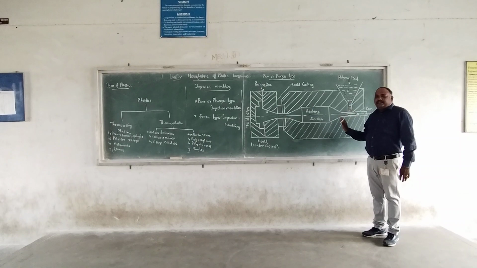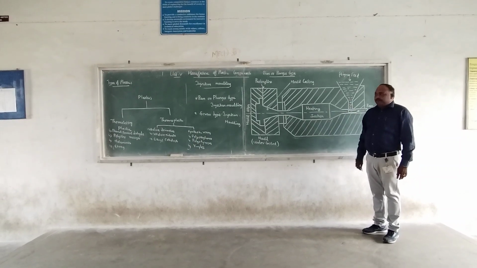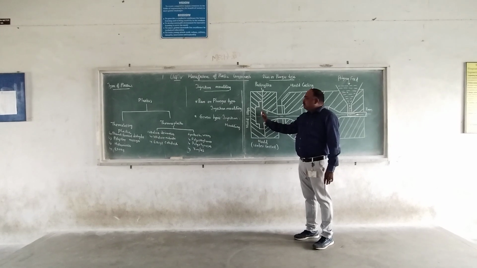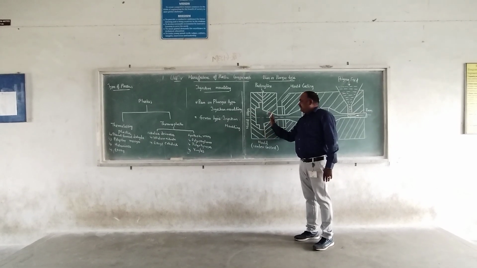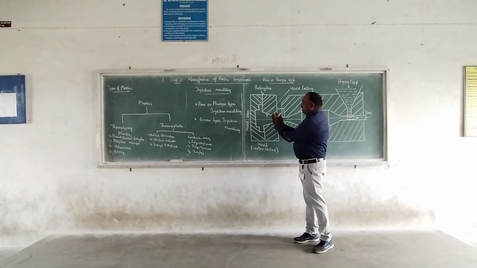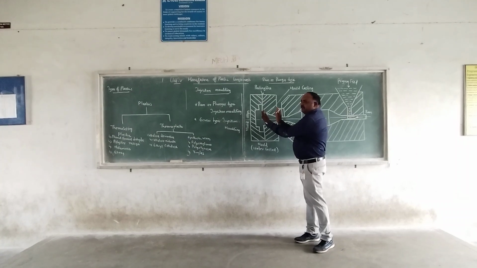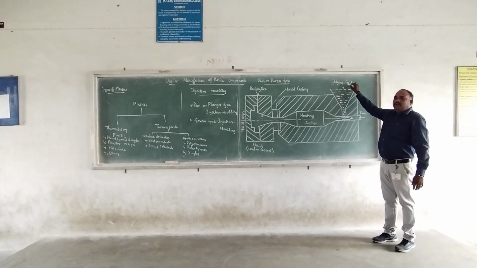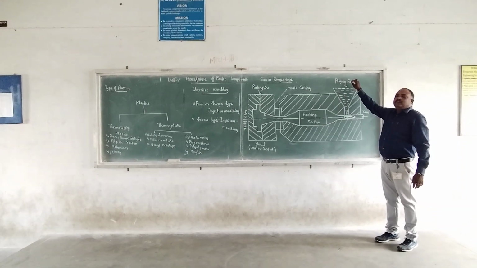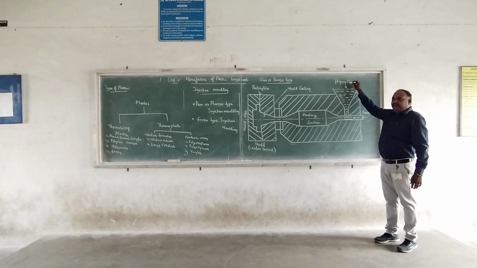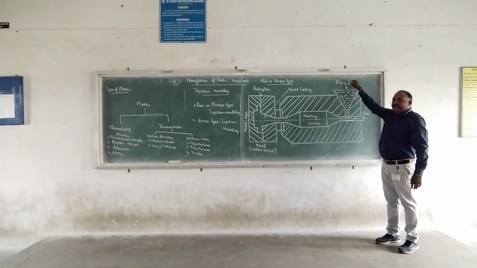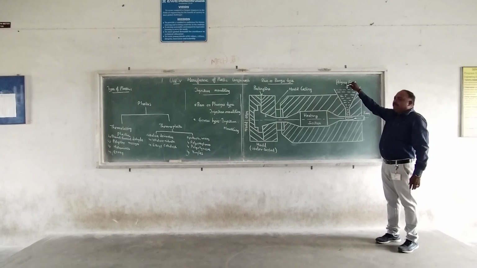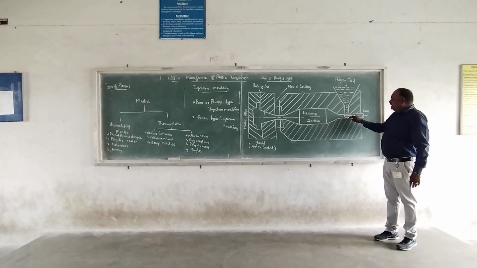So this is the schematic diagram of the ram or plunger type. In this ram or plunger type, this portion is called the die portion. One end is a movable die, and the other end is a fixed die. Here, this area is called the feeding section, the polymer feed. In this area only, we feed the raw material into the chopper. The plastic or polymer raw material is getting into the chopper.